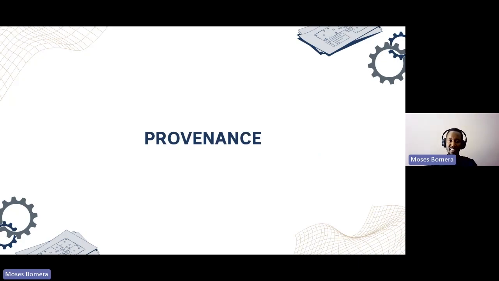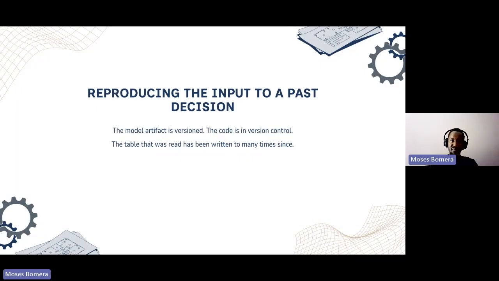So the core point of the Lakehouse, again, is provenance. That is, you have data and you want to follow it from whenever it appeared in your system to, say, a decision that you made upon that data. We'll use a few examples as we go ahead so that we can connect a few bits and pieces here.